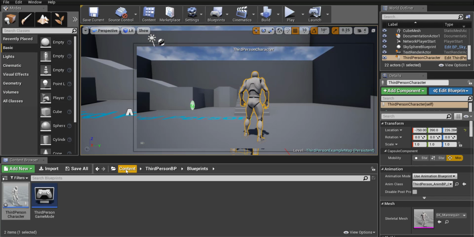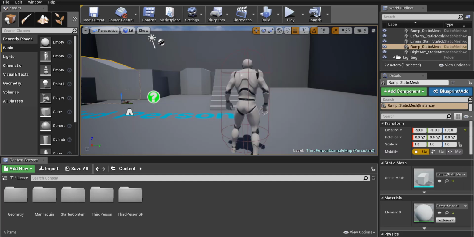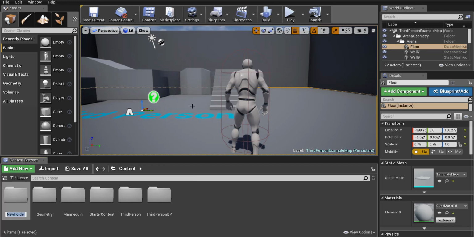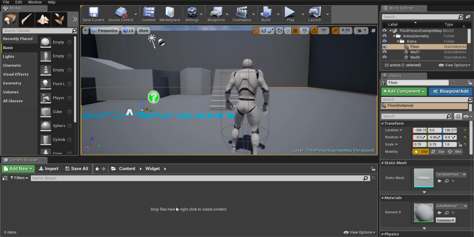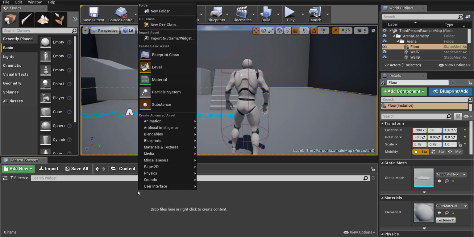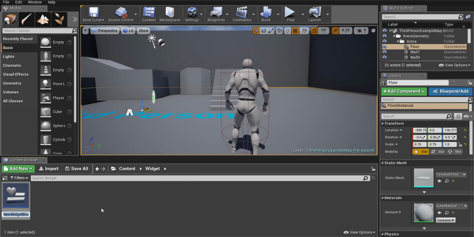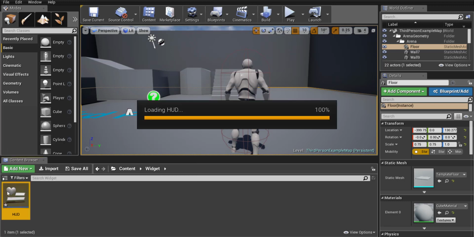Okay, now I'm going to go to the content folder, and I'm going to create something that's going to just remain on the screen, and those are called widgets. So I'm going to right click on this gray space here, go to New Folder, and then type in widget. Okay, and I'm going to double click on the widget folder. I'm going to right click on the gray space again, go to User Interface, and we're going to create a widget blueprint. Okay, I'm going to name this HUD for Heads Up Display, and then I'm going to double click